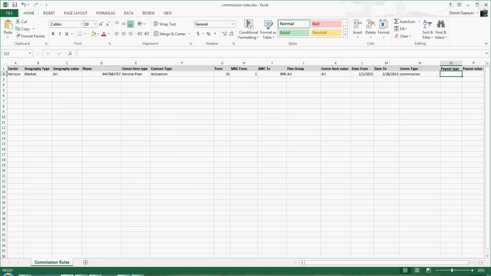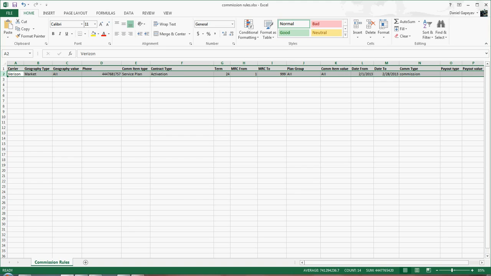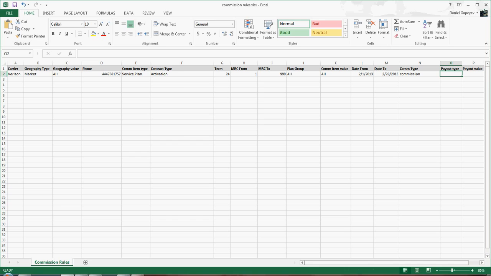A residual percentage can be only set for commission item type service plan. But in our case, my commission rules say that I get a flat amount of dollars,